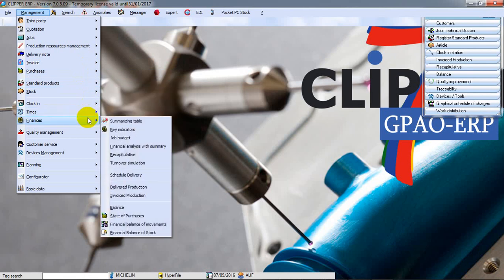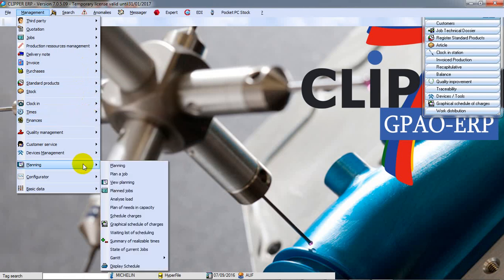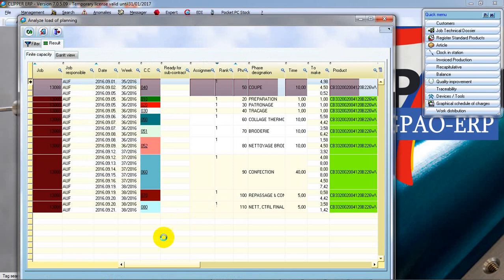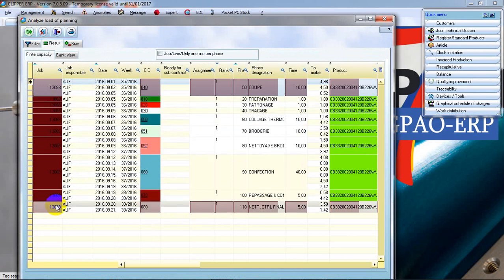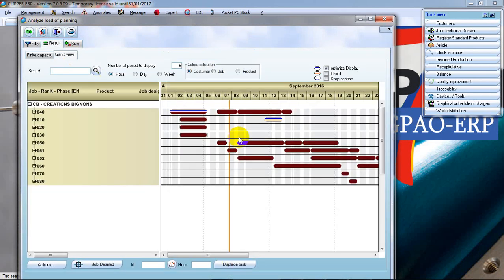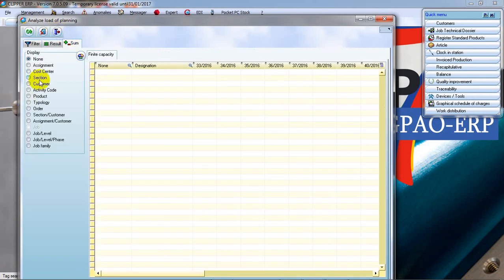Okay, so we can also analyze loads just for one job. Let's see for this job, where we can see the job number is everywhere the same. We have different cost centers. We can see it also in Gantt presentation. We can make summaries on different types of data,